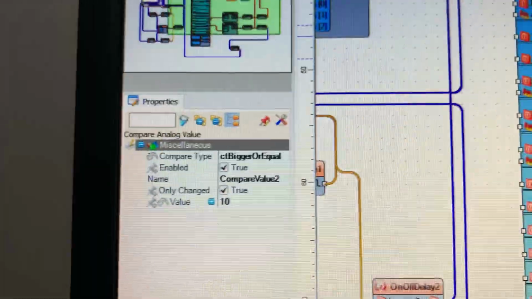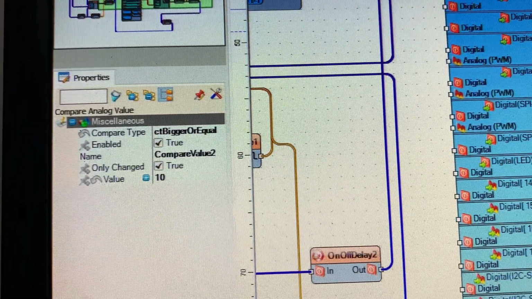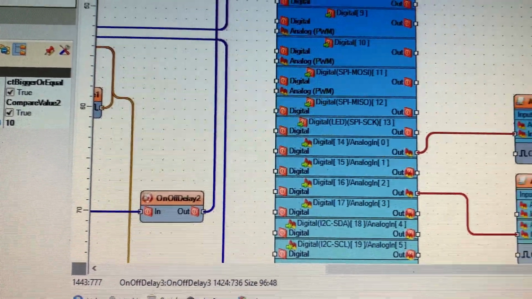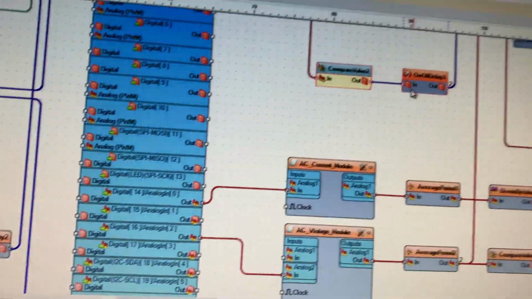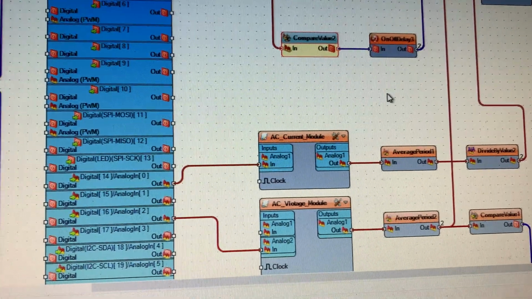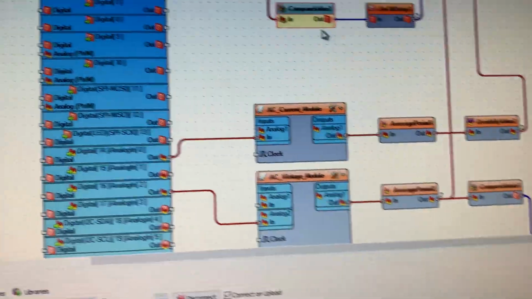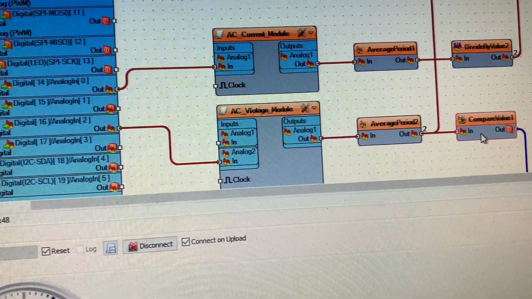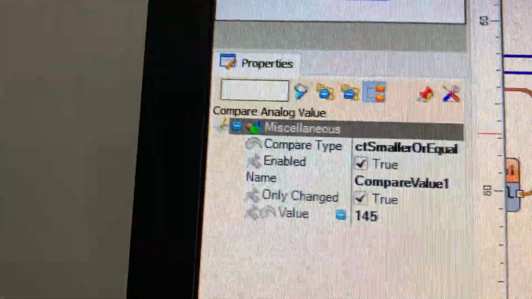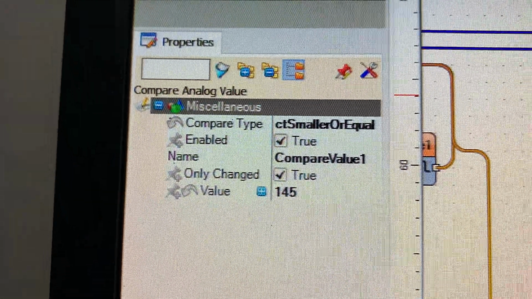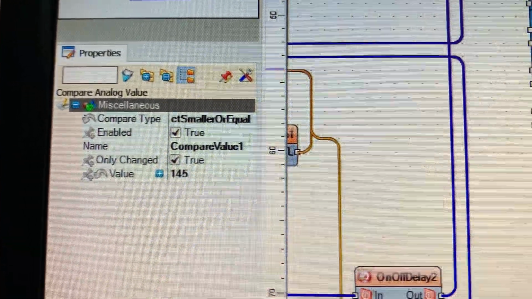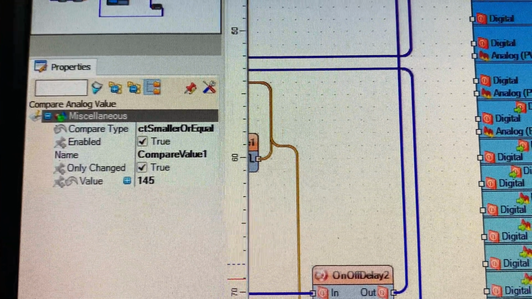So if my system goes more than 10, the system will turn on and the output should be off, whatever the output is running. Okay, it's just an explanation, because after this I will show you my setup box, so before that I have to explain the comparison of voltage. So you can see I put here 145 volt. So if my system goes down less than 145, then also the output will cut off.